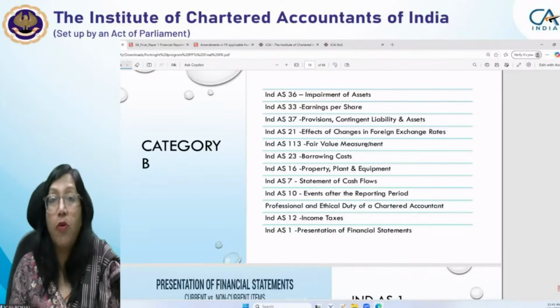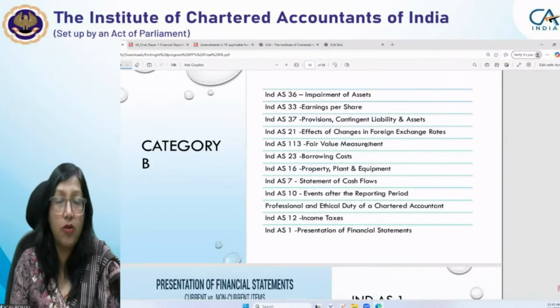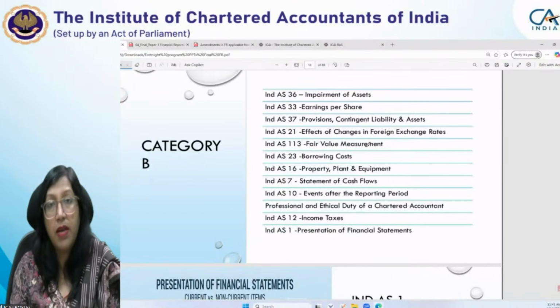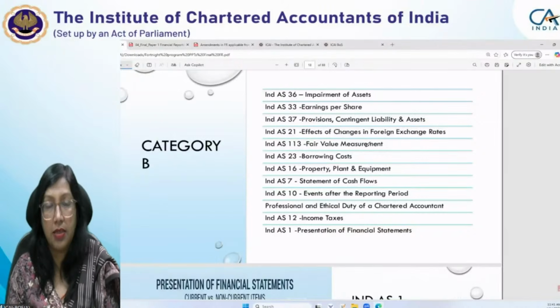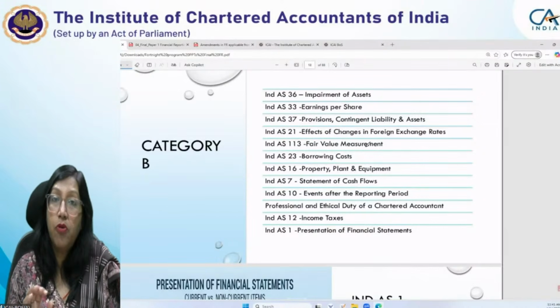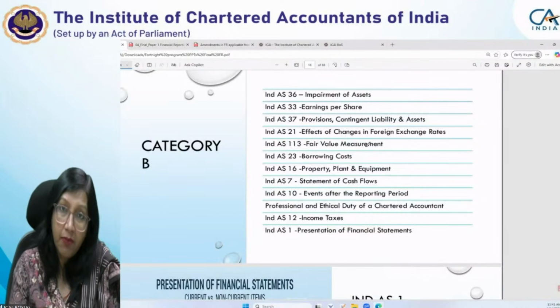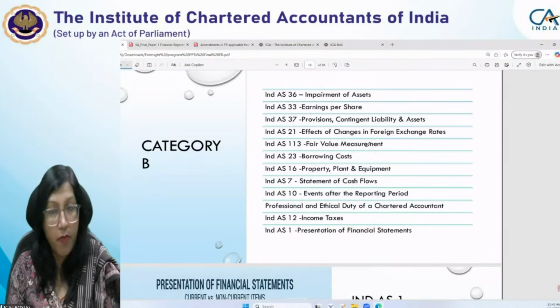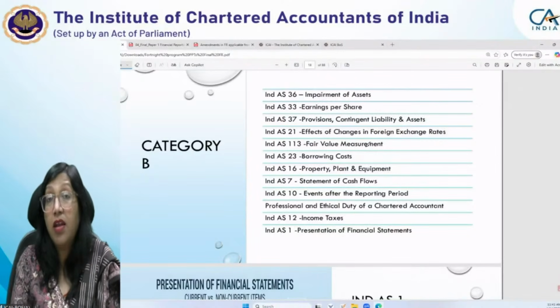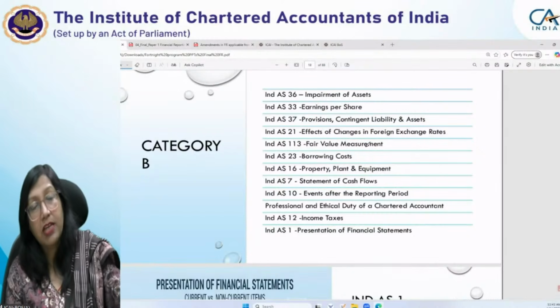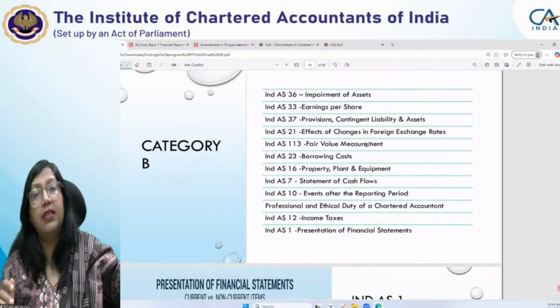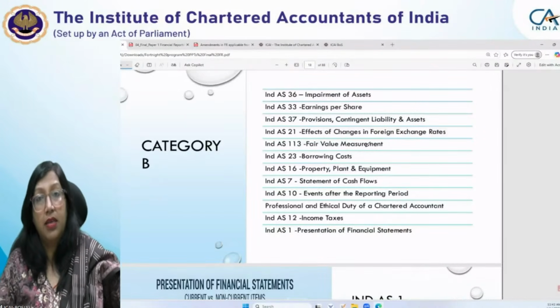Now comes statement of cash flows, very important standard. Though I have kept in category B because every time it does not appear in your question paper, but it is the question जो कि alternate exam में mostly मिल जाता है। ठीक है। इसमें आपको ज्यादातर या फिर ऑपरेटिंग प्रॉफिट के कारण से कैश जनरेटेड फ्रॉम ऑपरेटिंग एक्टिविटी पूछ रहे हैं, या फिर आपको मोस्टली जो पूछा जा रहा है वो पूरा कैश फ्लो स्टेटमेंट बनाना है जिसमें तीनों एक्टिविटीज की अकाउंटिंग आपको करनी है।